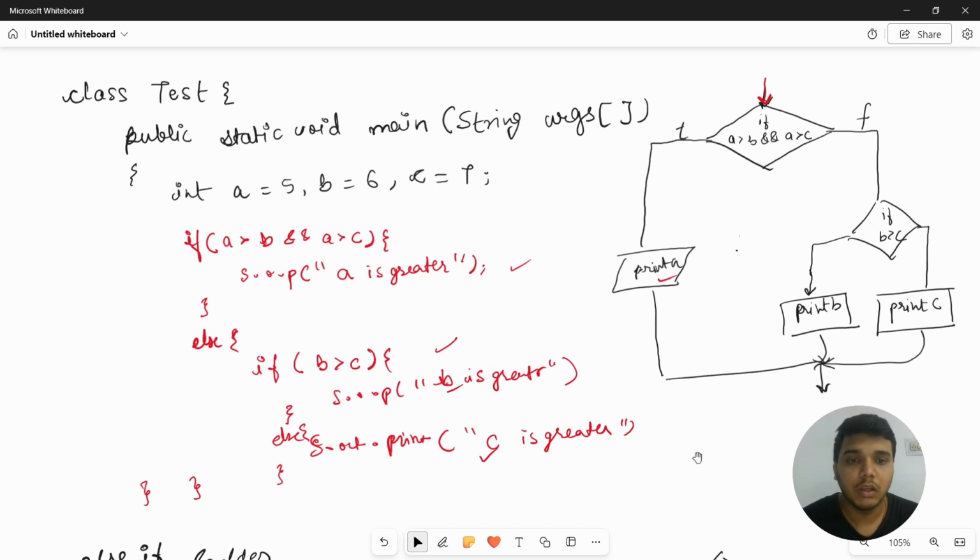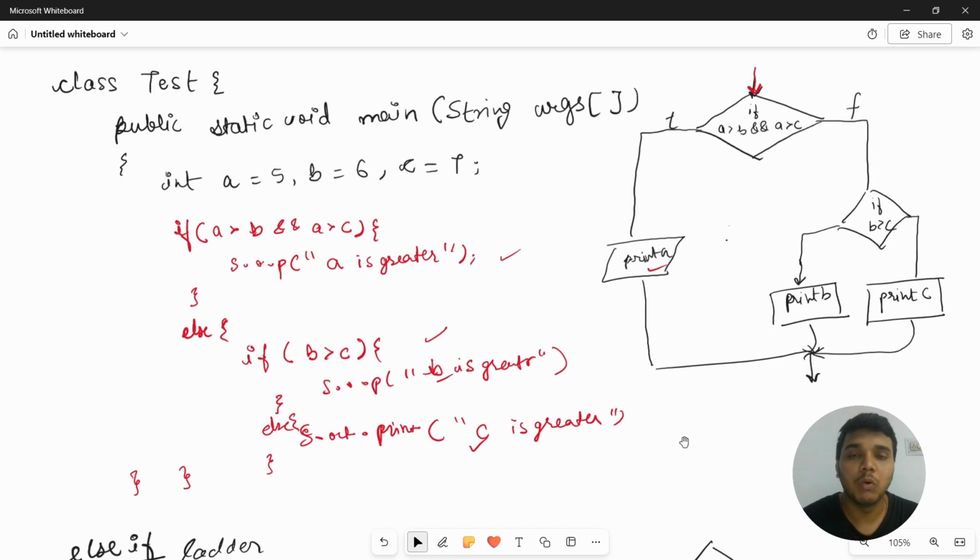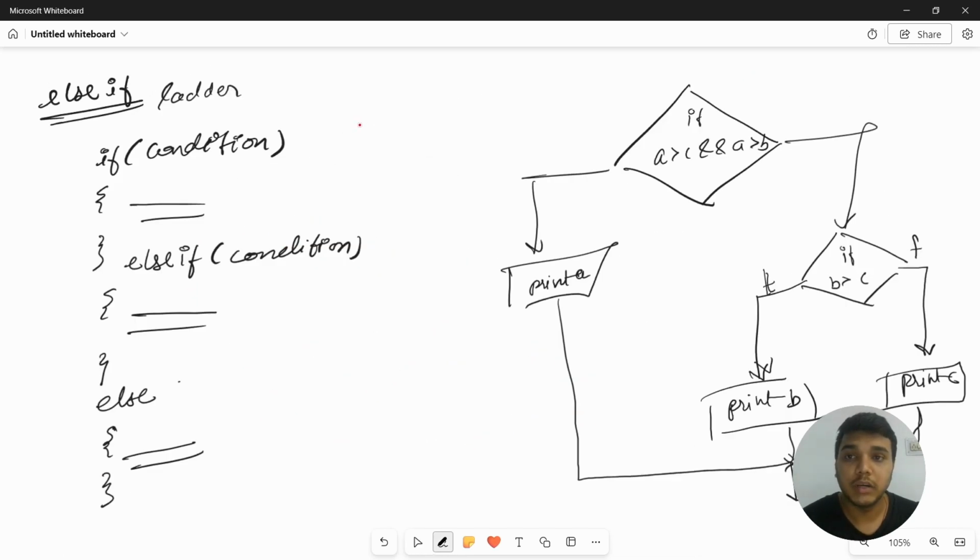Now we are going to see how to write nested if else in a clearer manner. To make the if else statement readable, we use the else if statement. This is similar to the if else statement, but there is a condition in else if. So we are going to write if a is greater than b, then System.out.print, what we have to print is a is greater,